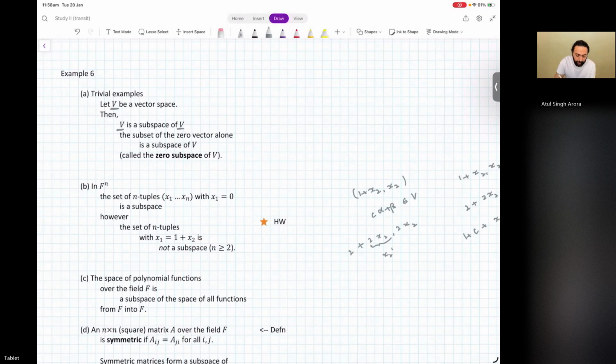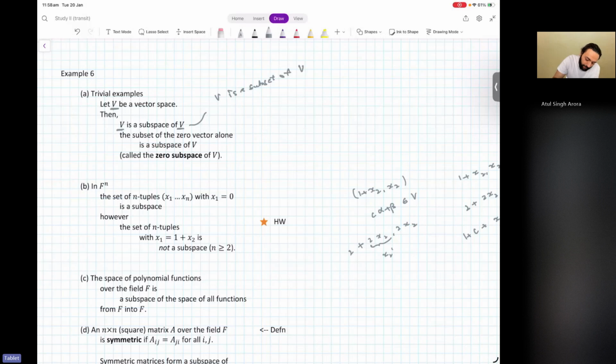Because recall, all the criteria for subspace are satisfied, that alpha plus beta belongs to V, negative of alpha belongs to V, and C alpha also belongs to V. Exactly. So we just had to show that V is a subset